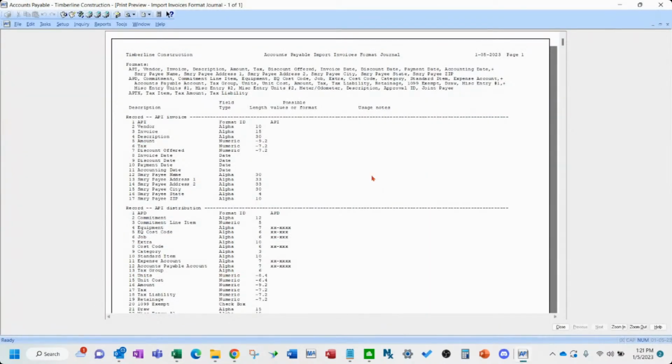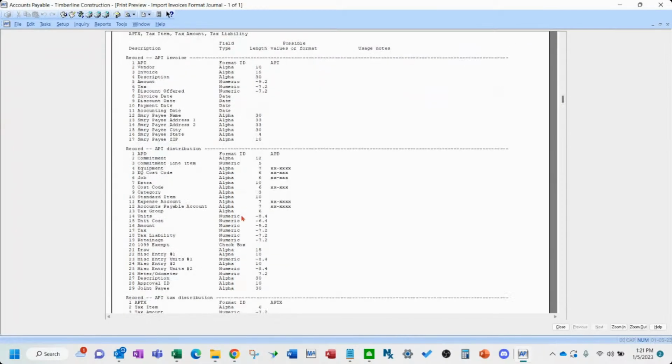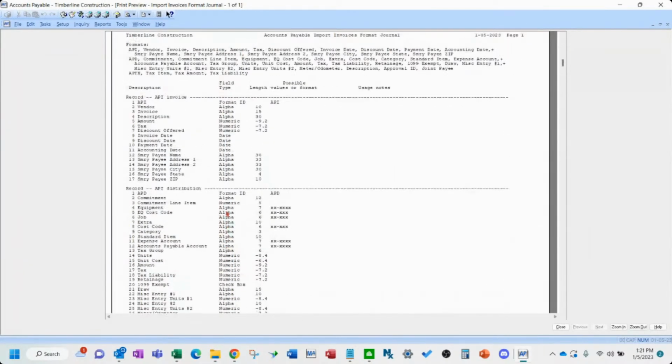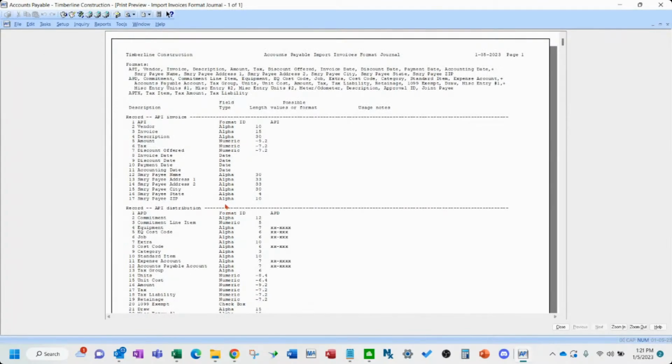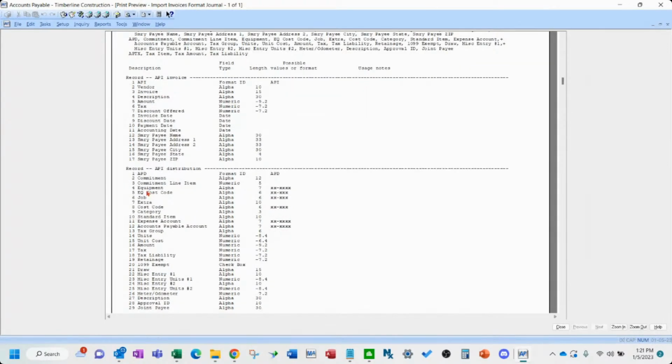Accounts payable is the hardest one to get initially formatted correctly with the template file because of all the differentiations you can do with distributions and settings. So taxes and discounts and, are your commitment fields or extras available? All this stuff could be different depending on your setup.